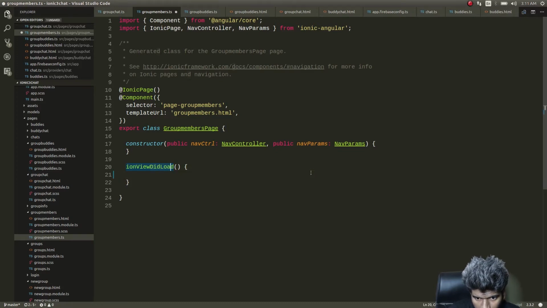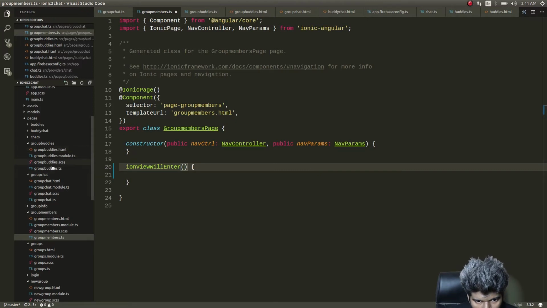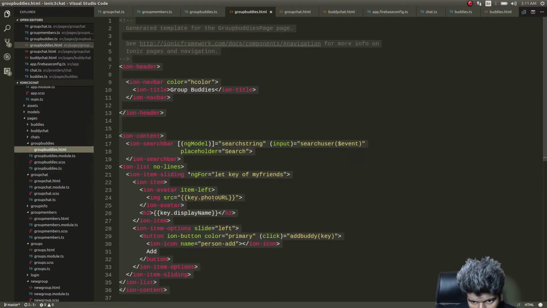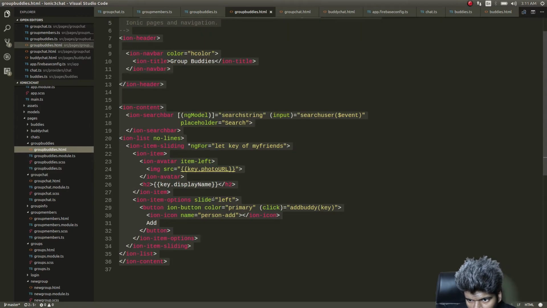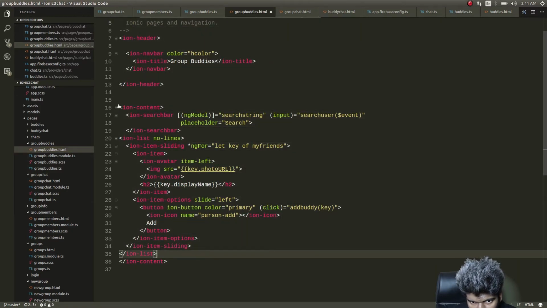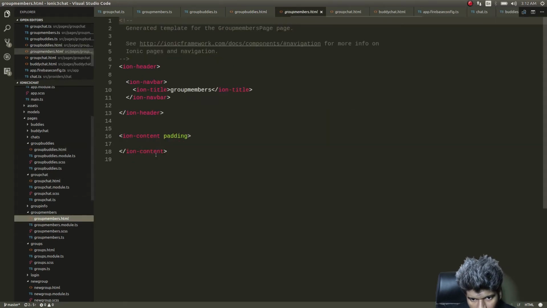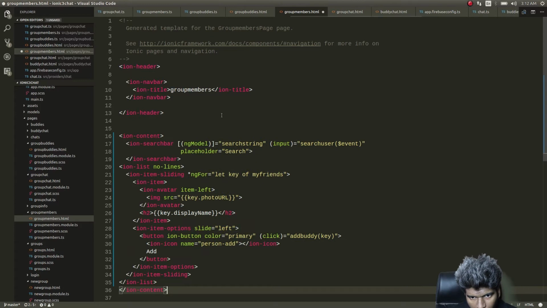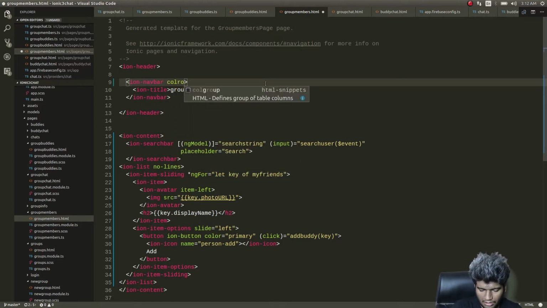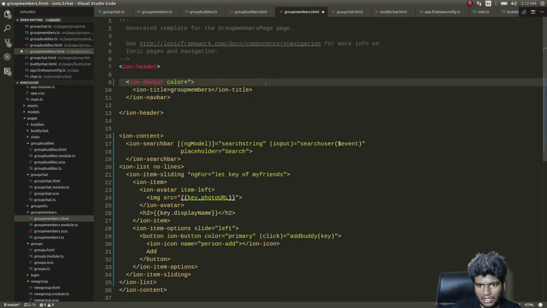Ion view will enter, and we'll simply copy list code from there. This entire code is for a list, right? Where is it? And then here I'll simply give color equals